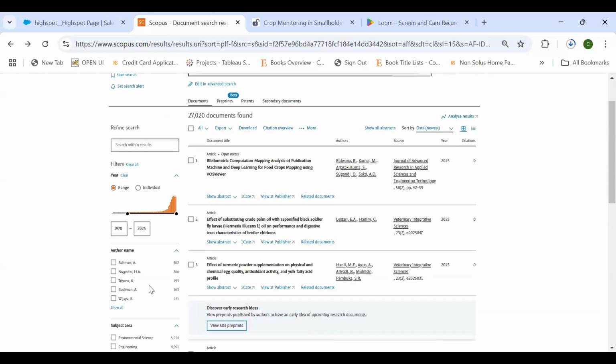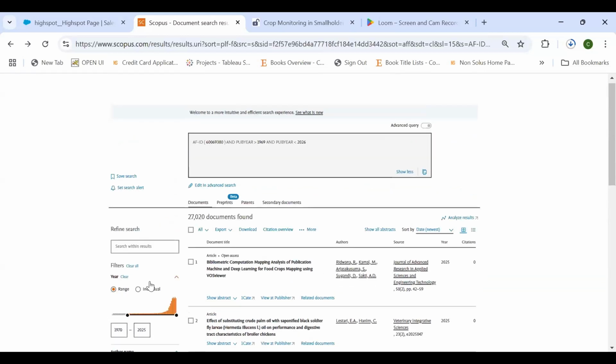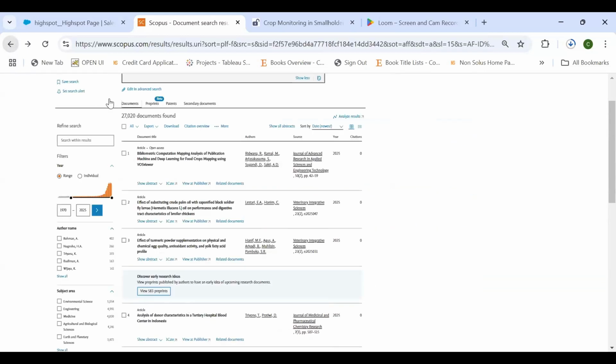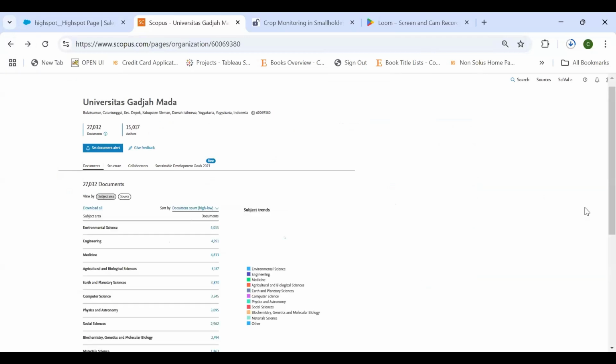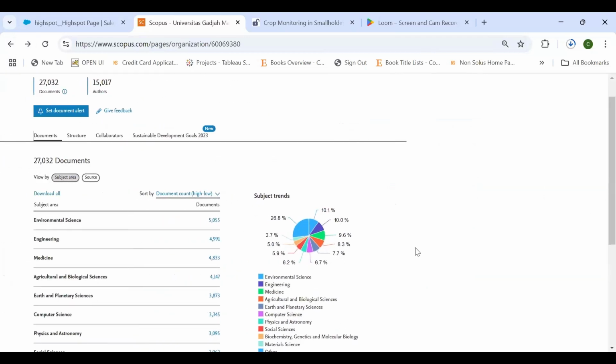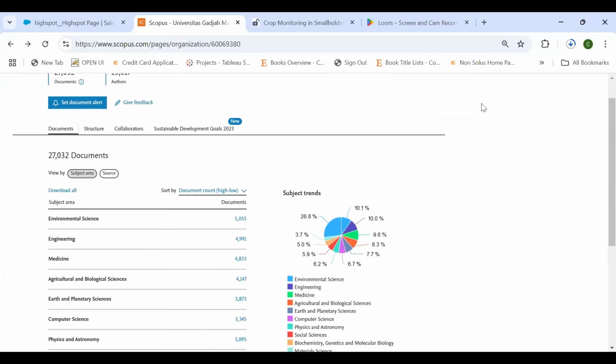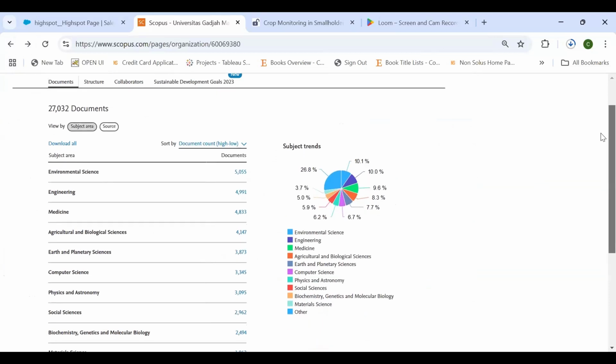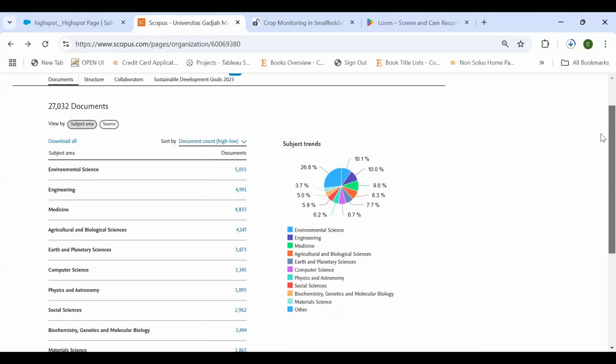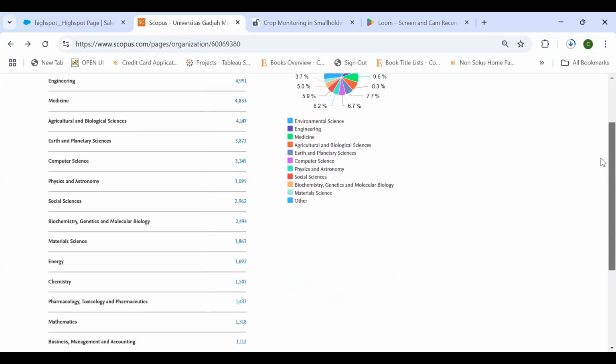Okay. One of the useful things that a lot of the institutions are actually looking into is this, the overview, where it shows them what is the contribution of the article or the indexed article in a particular subject area or field of expertise within, in this case, Gadjah Mada.